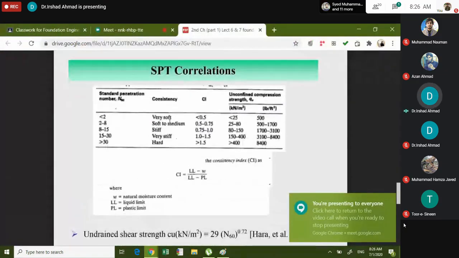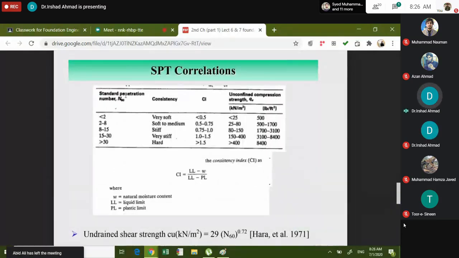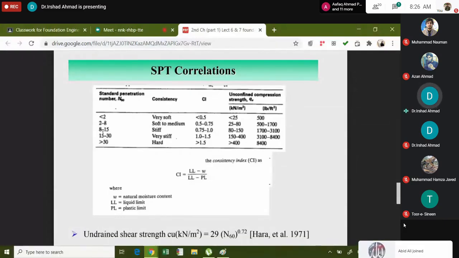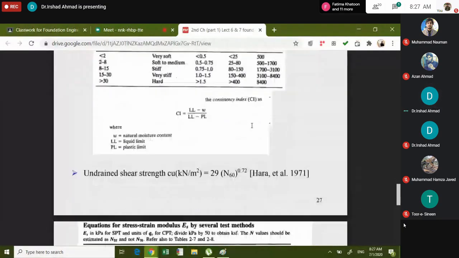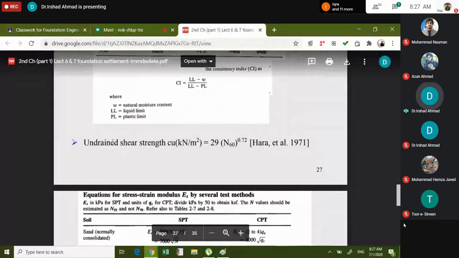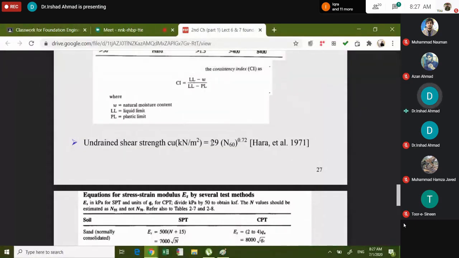अच्छा जी, ये क्ले के साथ एक कोरिलेशन है N60, यहाँ पे N160 नहीं बल्कि N60 है, लेकिन मुख्तलिफ N60 की वैल्यू दी गई है। इससे आपको पता चलता है कि आपकी सब सॉइल हार्ड है, वेरी स्टिफ है, किस टाइप की है, और इसकी अनकन्फाइंड कंप्रेसिव स्ट्रेंथ अप्रोक्सीमेटली क्या होनी चाहिए। ये एक इक्वेशन है अनड्रेन्ड शेयर स्ट्रेंथ Cu क्ले की मालूम करने के लिए। N60 अगर आपको बोर होल डेटा से मालूम हो तो उसको इस इक्वेशन में डालें, आपको अनड्रेन्ड शेयर स्ट्रेंथ ऑफ सॉइल भी मिल सकती है।